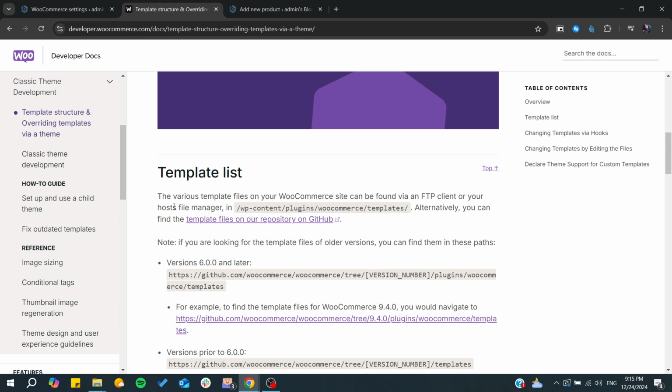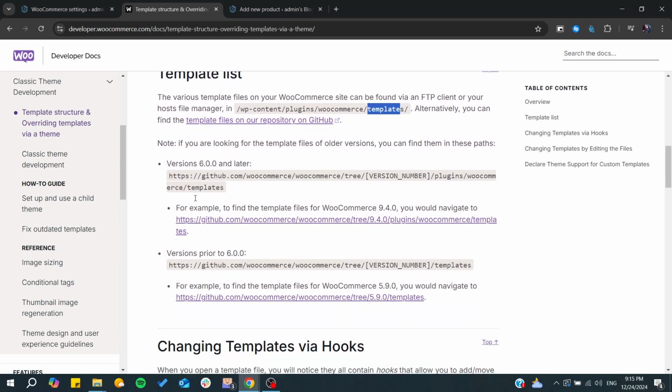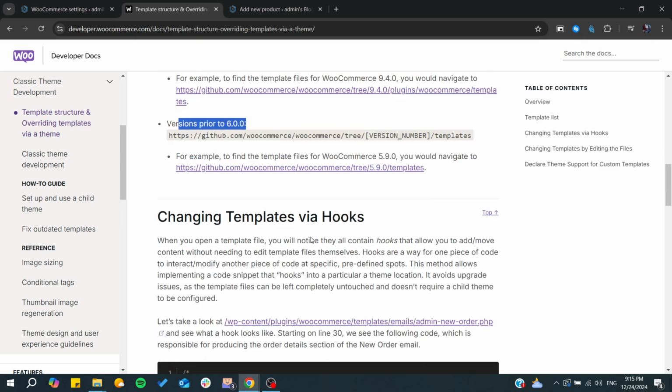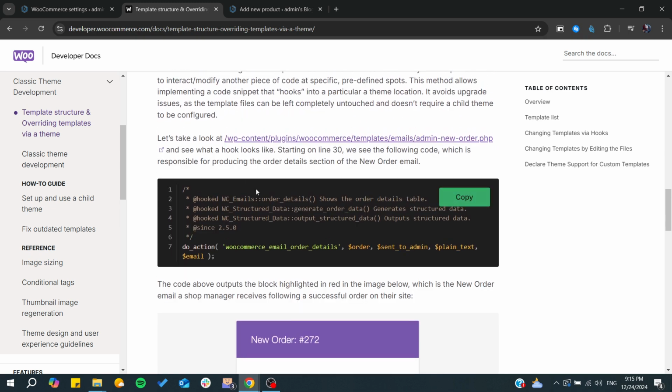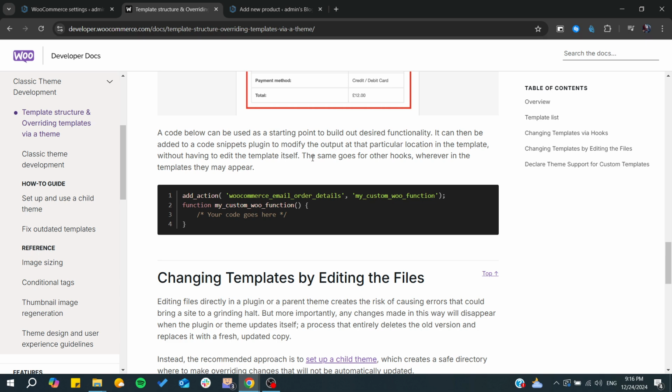code. So as you can see here, you will find your templates would be in this path. It should be WP content slash plugins slash WooCommerce, which is the WooCommerce plugin, slash templates, and from there you will find templates. And those are the difference between those versions. And from there you can start modifying on the code, or you can simply delete the files and override